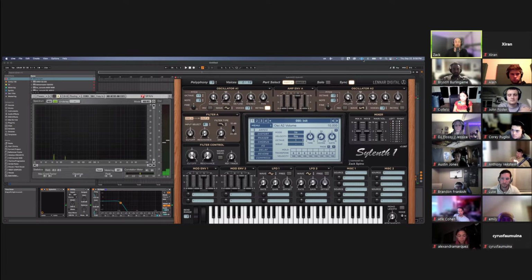I get so much more control over a patch like this by using two oscillators, separating their octaves. And the coolest part about this is understanding that they're not going to compete with each other. Next week, we're going to talk about low-end mixing. And these peaks that I'm looking at may mean nothing to you now. Next week, they're everything. You're going to know exactly how loud they need to be, why they need to be